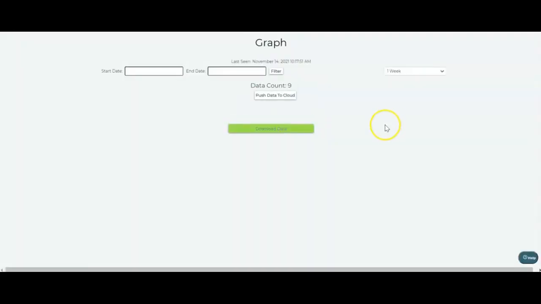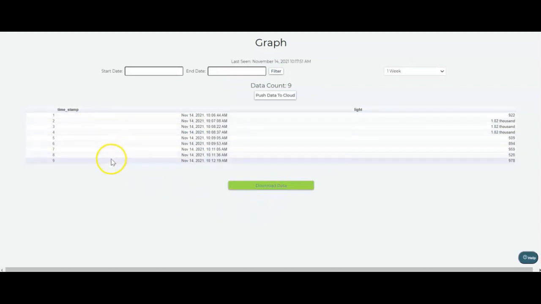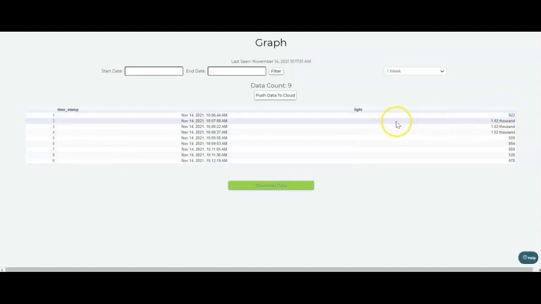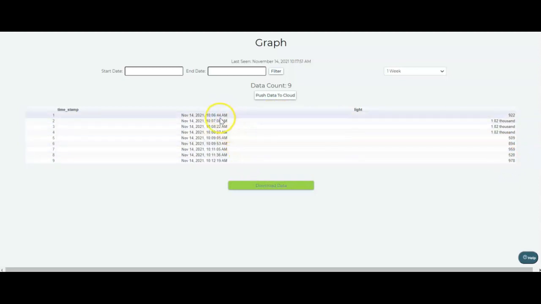Let's see that. So this is the data I have collected. So first I have put it as a normal light, so that at that time the light is 922. After that I placed the Wi-Fi module near the light, so at that time the reading has increased. And after that I kept it in the dark, I mean not very dark but in a dark place, so at that time 509, and I have placed it in normal conditions after it. So this is the 9 data I have collected.